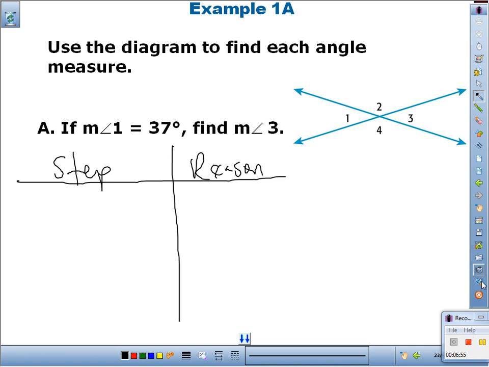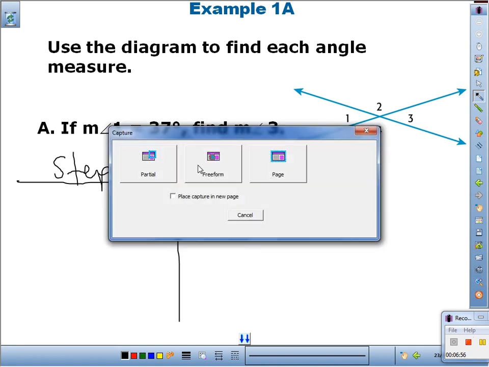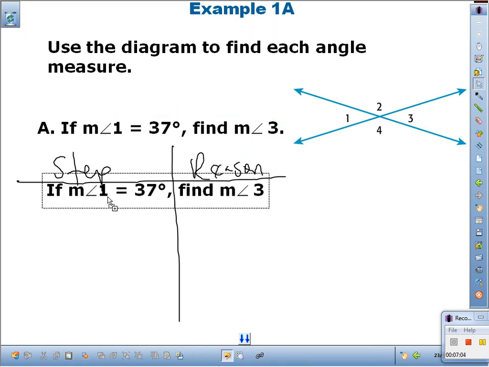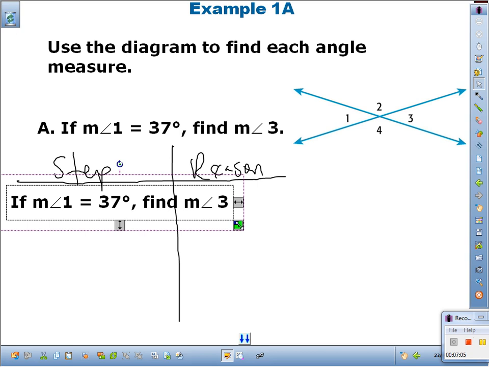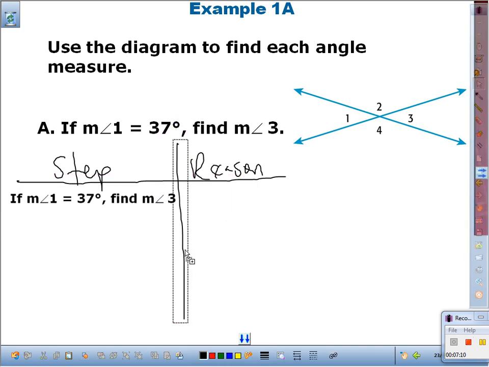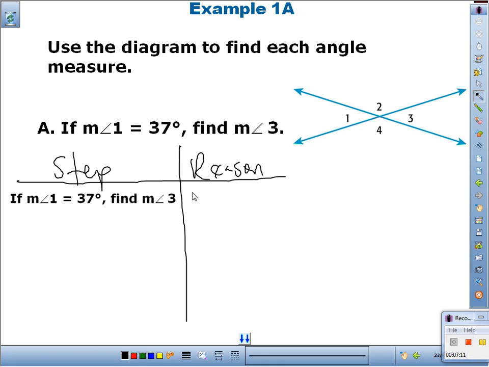Okay. So for step, we start off with what was given. What was given? The problem, right? There it is. And we're going to write given. That's our very first step. All right. So now, before we solve, I said, look at angle 1, because they're talking about angle 1 and